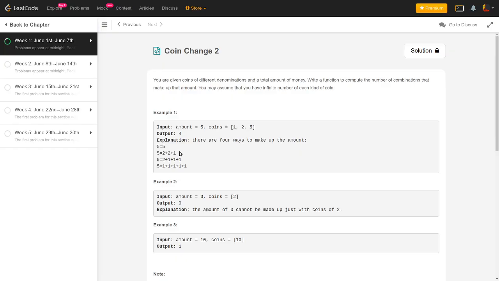to notice here is you only have to consider the combinations of coins, not the permutations of coins. Okay, so this 2 2 1 is a combination of coins where you have two coins of denomination 2 and one coin of denomination 1. Okay, so only 2 2 1 is considered, not 2 1 2 or 1 2 2, etc., and so on. Those things are not considered. So we are only considering the combinations here.